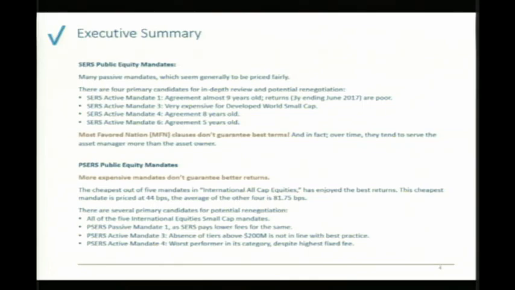We've also heard from SIRS in the questionnaire that we have shared with them, some sort of a self-assessment. We've heard that there are most favored nation clauses in place, and we just wanted to make the point that most favored nation clauses from our experience don't guarantee best terms, and we see them, quite frankly, circumvented all the time. So there's lots of opportunities for managers and asset owners to actually find ways around most favored nation clauses, even if they're in place.